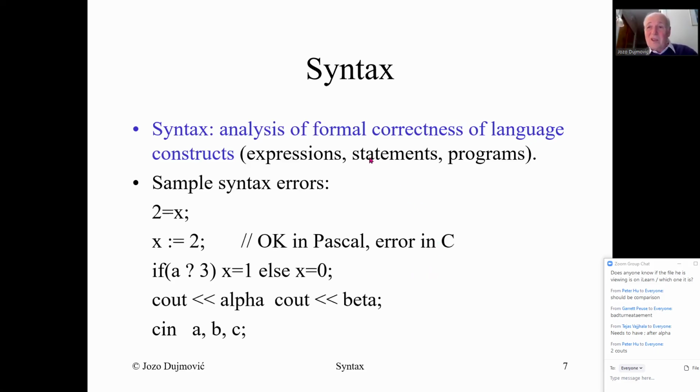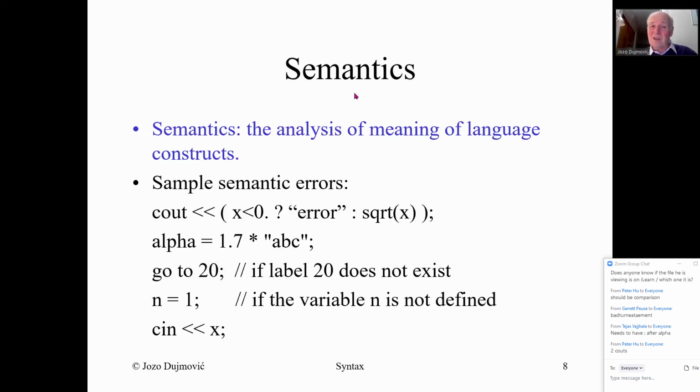So syntax is formal correctness, not about meaning. Meaning is discussed in the area of semantics. Semantics is the analysis of the meaning of language constructs. So what is the meaning? How the compiler interprets language constructs, statements, and everything else. So that is what has to be studied now. So again, to understand what is the meaning of language constructs from the standpoint of a language processor, let us see a couple of